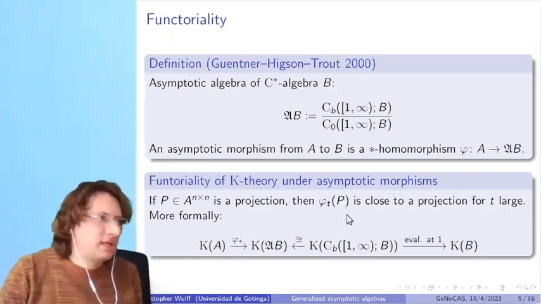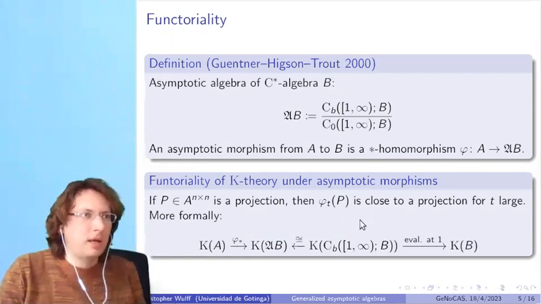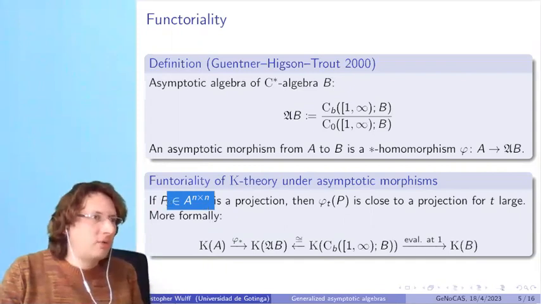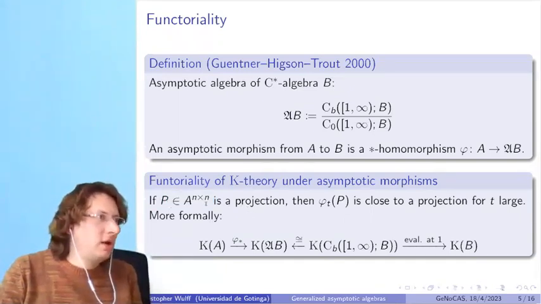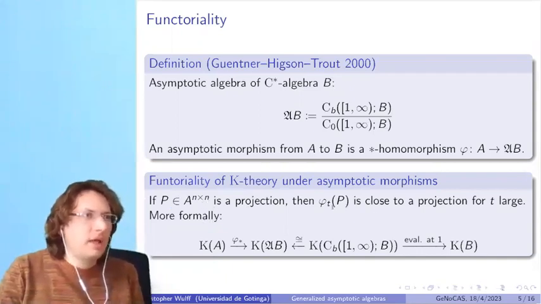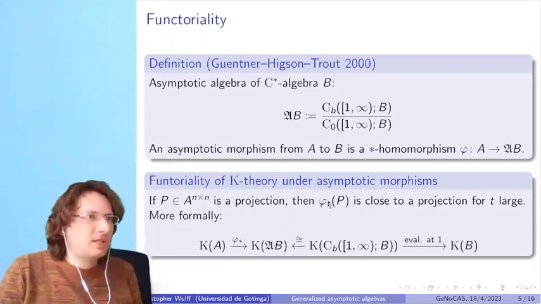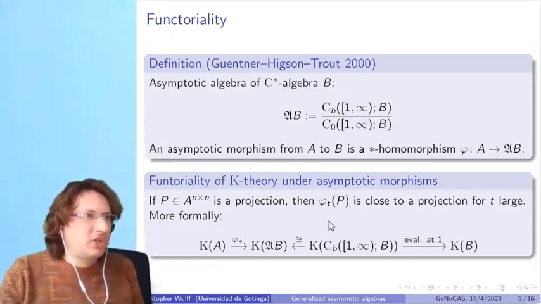So on the first slide, I said K theory is functorial under E theory elements, and here it's a bit more general. It's functorial under asymptotic morphisms. How does this work? So assume you have a K theory class, which is represented by a projection in a matrix algebra over A. And then we can apply this asymptotic morphism, so this phi t, to the projection. And what we then get is not always a projection, but if t is large enough, then this is close to a projection. And so we can squeeze it a bit to get a true projection. And then the image under this functoriality, under this asymptotic morphism, would then be exactly the class of this projection,